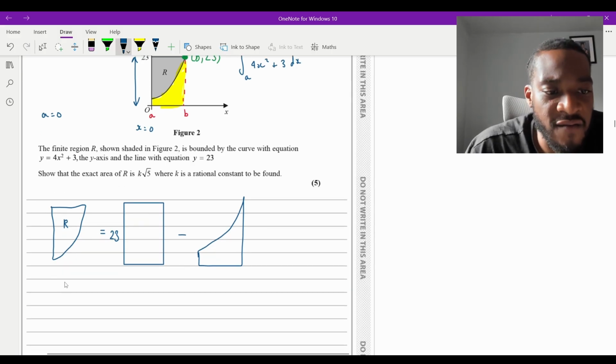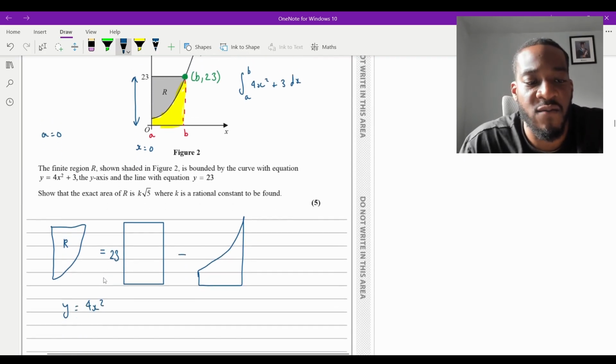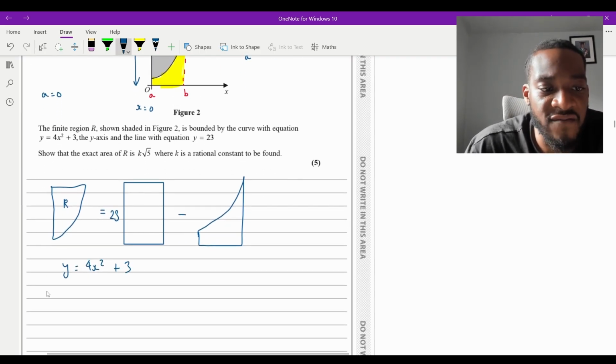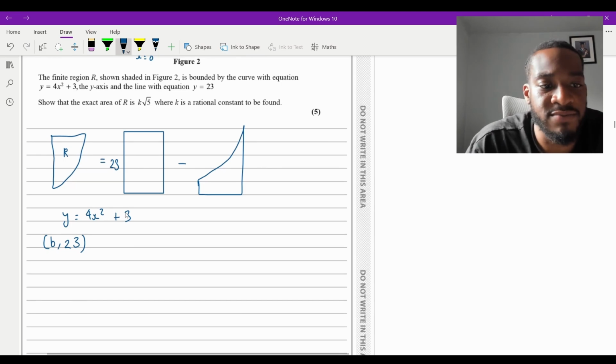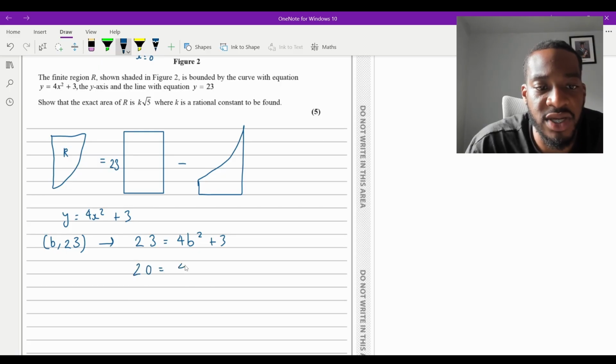So I've got y equals 4x squared plus 3, and I've got the point B, 23, which I know passes through the curve. So I'm going to punch this in. This will give me 23 for y will equal 4b squared plus 3. Take 3 over, it's going to be 20, equal to 4b squared. Divide by 4, I'm going to get 5 is equal to b squared. I'll just swap it over. That means b is going to equal, square root both sides,